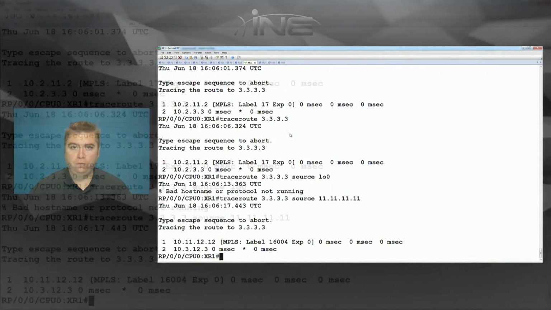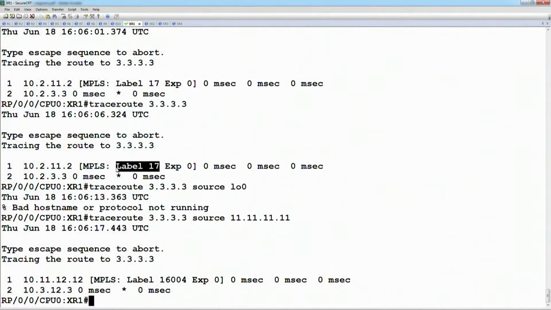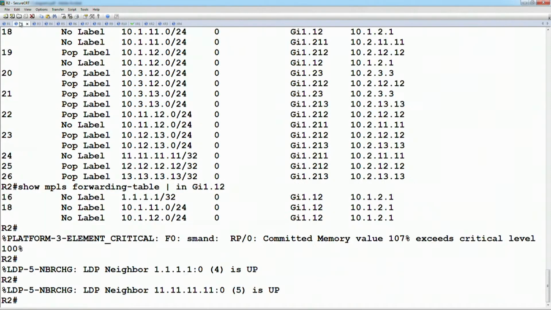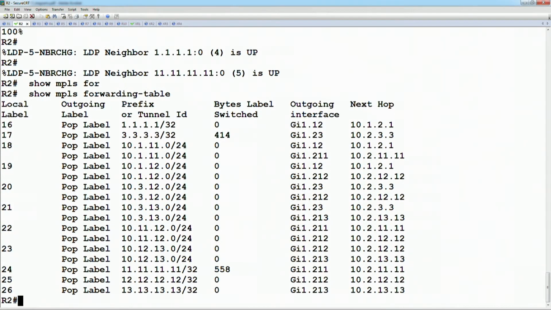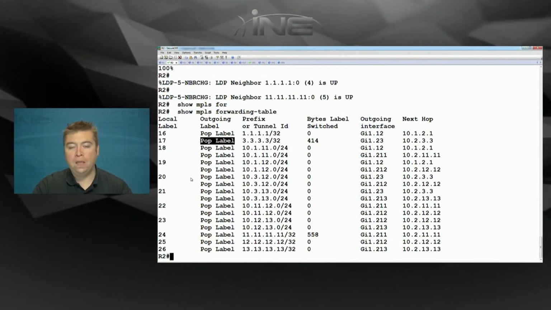So this means that when we forward label number 17 out towards router 2, then we need to say show MPLS forwarding table, and what is the incoming label, or what is the local label for number 17. It says if someone sends me a packet labeled number 17, it's really going to 3.3.3.3, but 3.3.3.3 is directly connected to this neighbor who is on my local link. So this means that I'm going to remove the topmost MPLS label. I'm going to perform that penultimate hop popping, or the PHP process, and then I'm going to send this as an